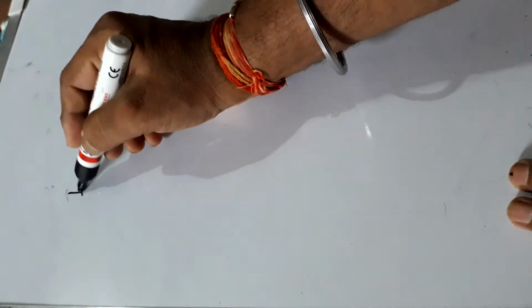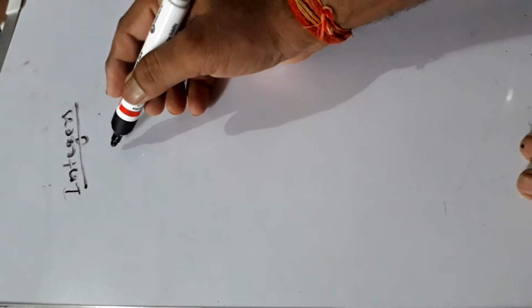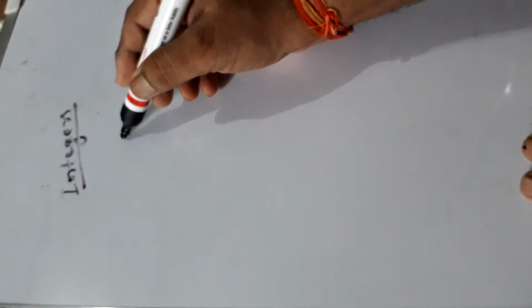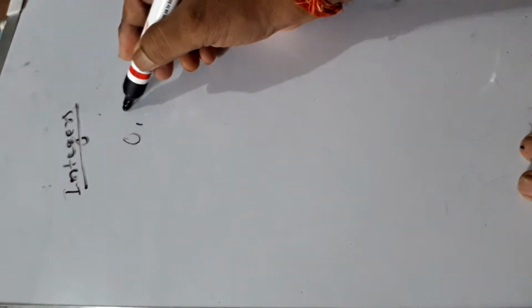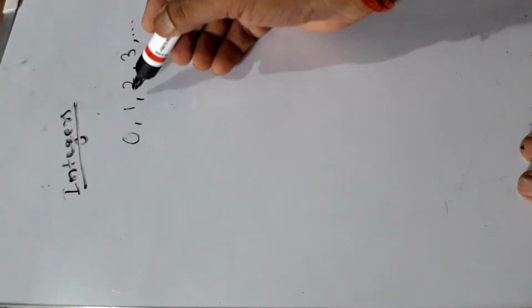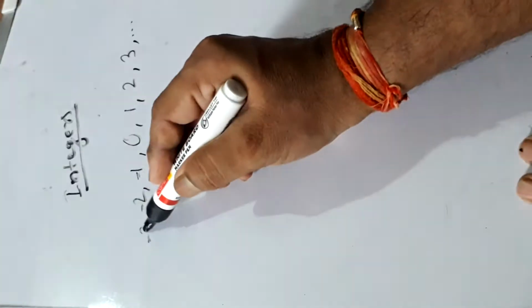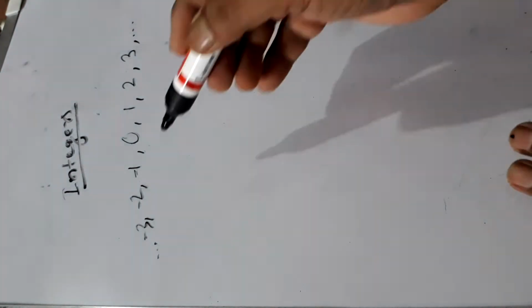We are going to see integers. What are integers? A set of whole numbers along with negative numbers. What are whole numbers? These are 0, 1, 2, 3 and so on. It means the smallest whole number is 0, but we don't know the greatest whole number. And if we add negative numbers like -1, -2, -3 and so on to it, then we get a set